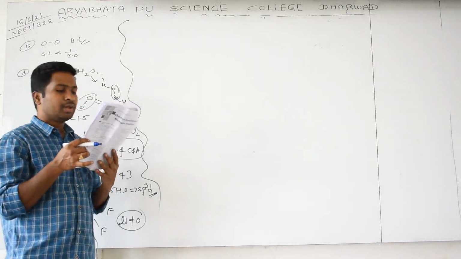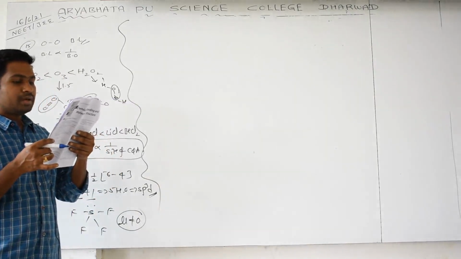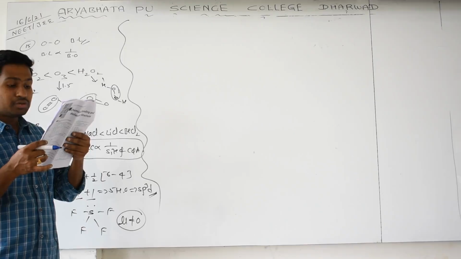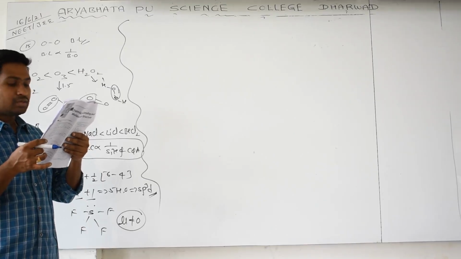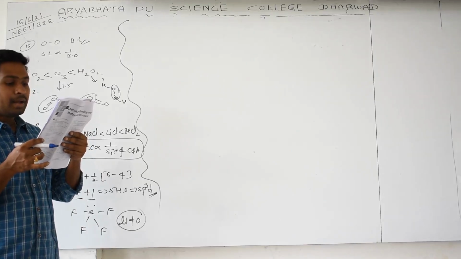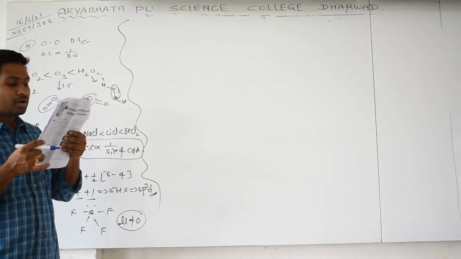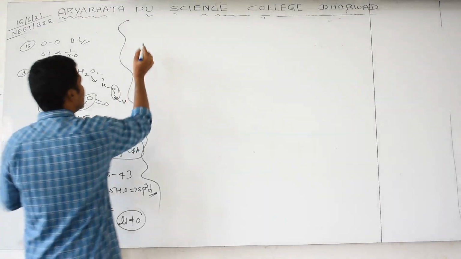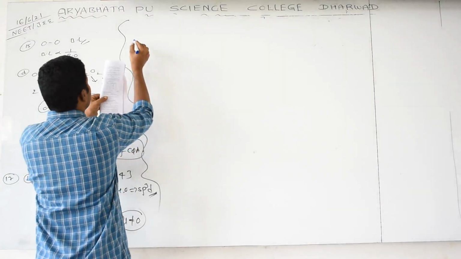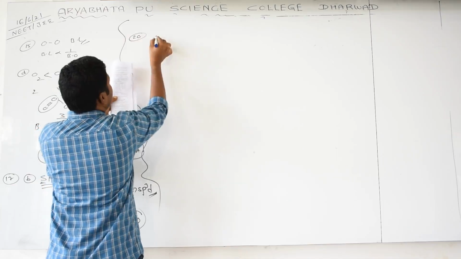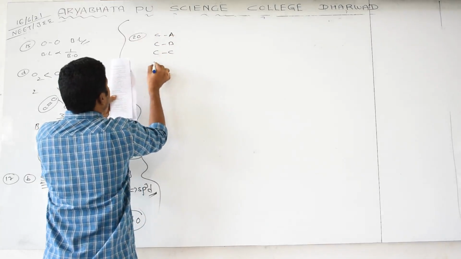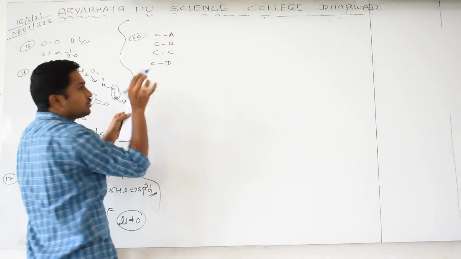Go for next. Okay, he has given one table. In that table, what has he given? Types of bonds and bond dissociation energies. Next, what is being asked? Single covalent bonds of a carbon atom with atoms A, B, C, D. Which element has the smaller atom? Yes, good question. Question number 20. He has given Ca, Cb, Cc and Cd. He is asking which has the smaller size.